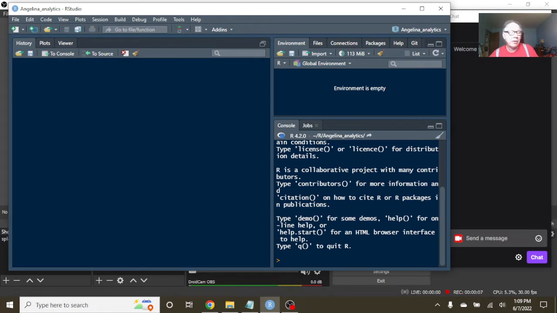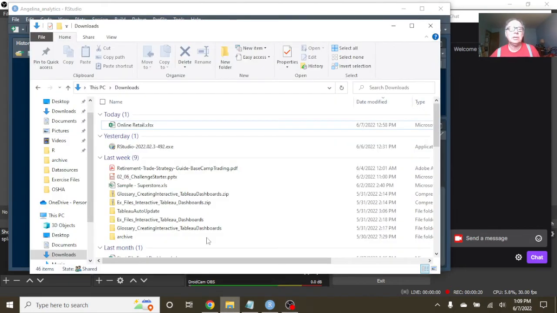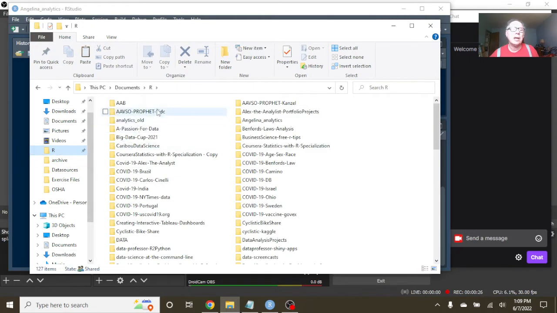I'm going to do a quick video of how to use R to import an Excel file into a SQL Server 2019 database, okay? So we've already got our data here. I'll just mention that I did create